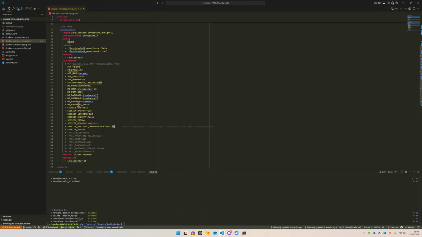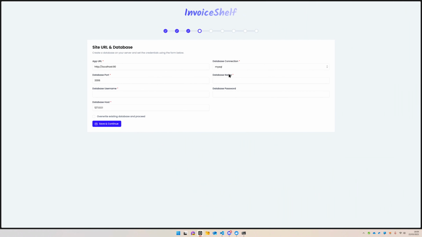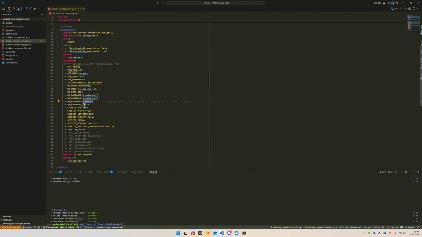So in our case, MySQL. If you have a look, you've got DB database, which is InvoiceShelf, that's our database name, DB username, that's the username for the database, and DB password, which is the password for our database. So we'll just choose those. So in our case, the database name is InvoiceShelf, and the username is InvoiceShelf, so we'll use those. So database name InvoiceShelf, and database username is InvoiceShelf. The password in our case is SUMPass. I'm keeping it as the default,